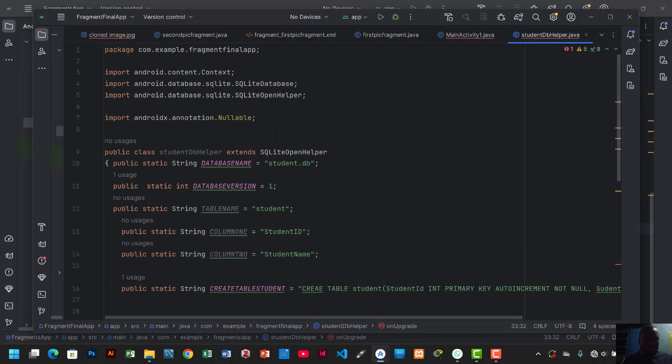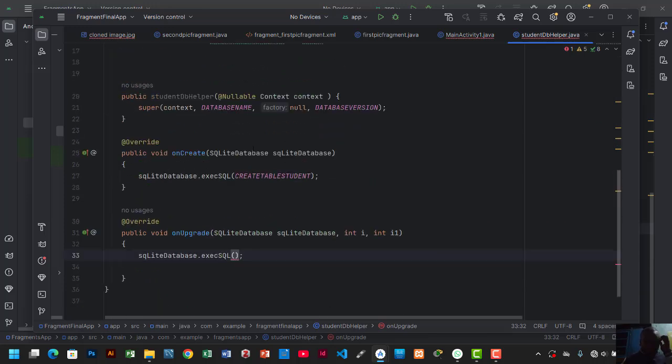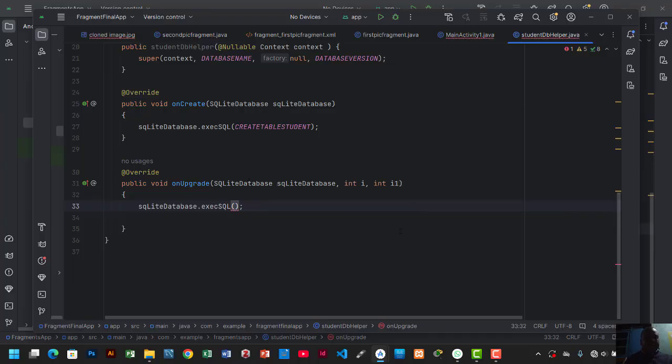It is only of capital letter when you are calling the SQLite opener or open helper here on top. But apart from that one, others are in small letter. So you come here, you say SQLite database.exec. Then here, what you pass here will be